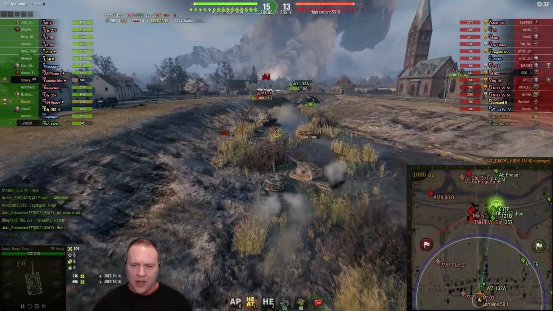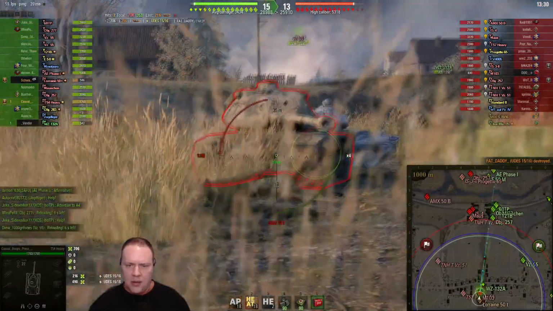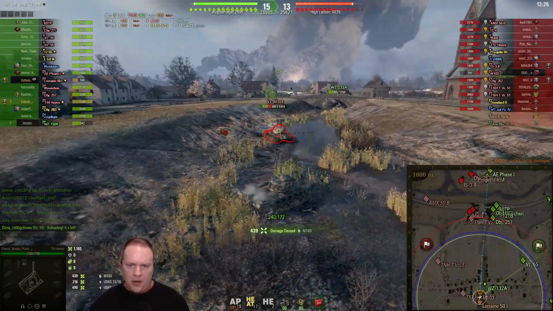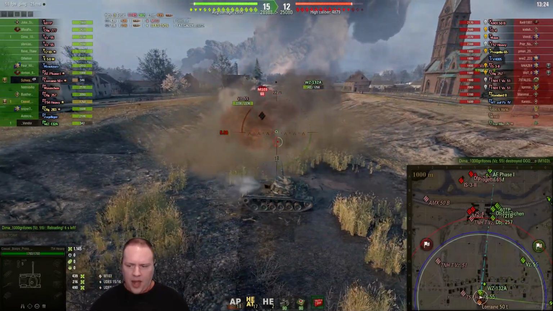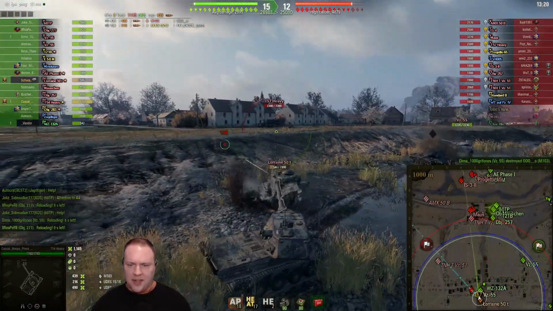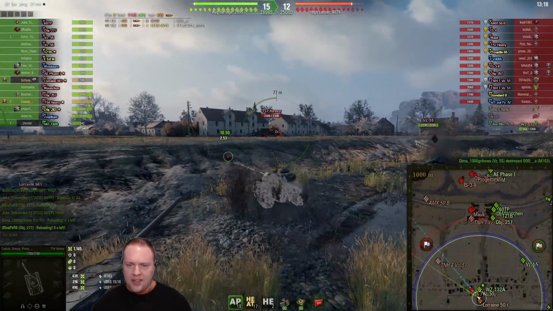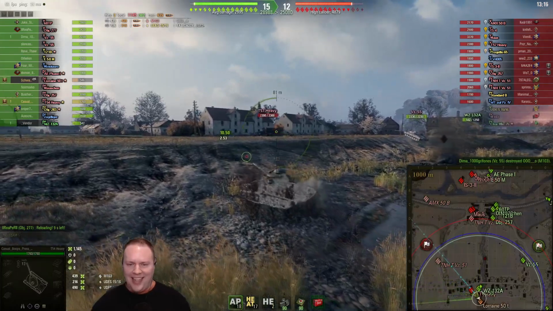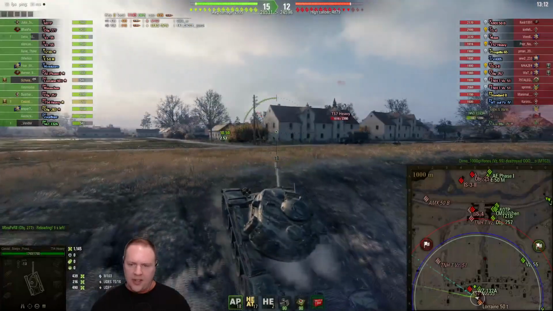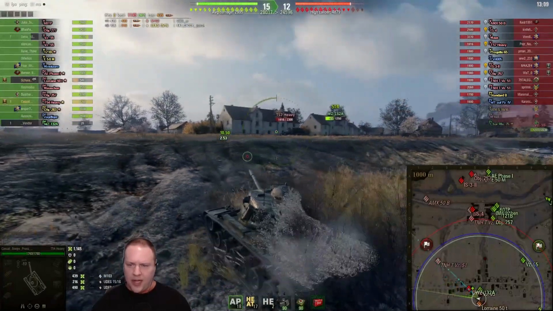Try to simp. Let me go in front of you. Yes, good. Alright, there's a T57 that's reevaluating his life choices. Oh, he's looking for it. He is looking for it. Alright, I'm gonna go wide and see if I can't...